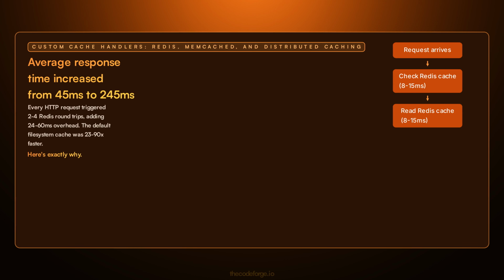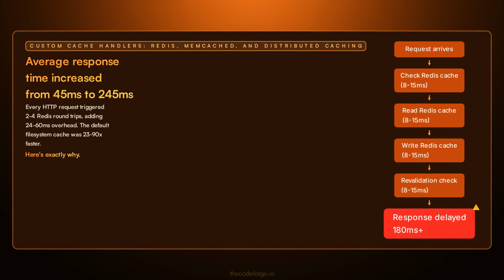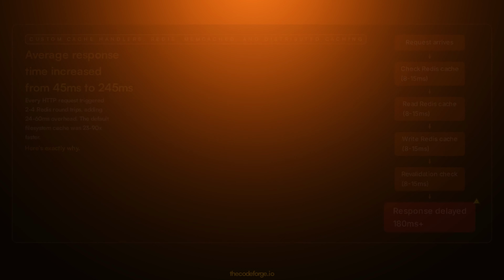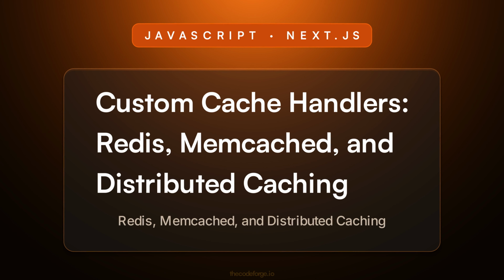Average response time jumped from 45 ms to 245 ms after adding a Redis cache handler. The team fixed performance by making everything slower. Let's break down custom cache handlers, Redis, memcached, and distributed caching, how it works, and the exact mistake behind that